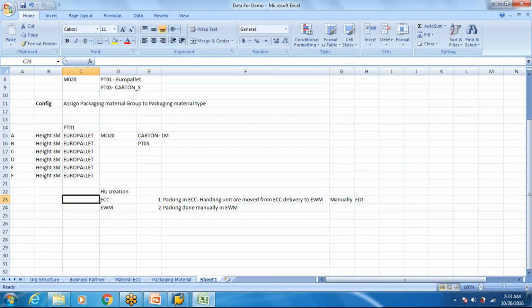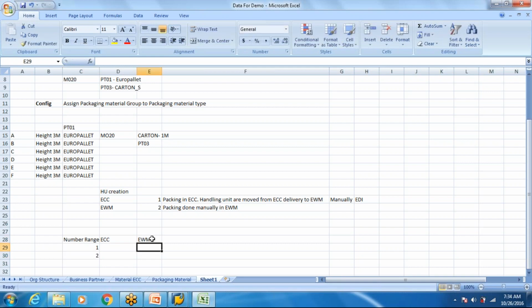Let me tell you another way. Let's say scenario 1, where we did packing in ECC. Number range for scenario 1 in ECC, and scenario 2.